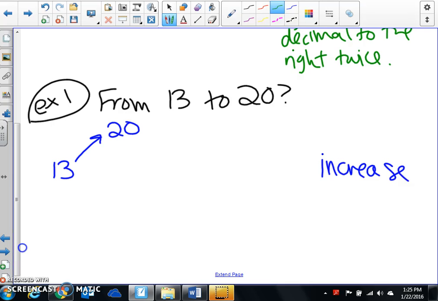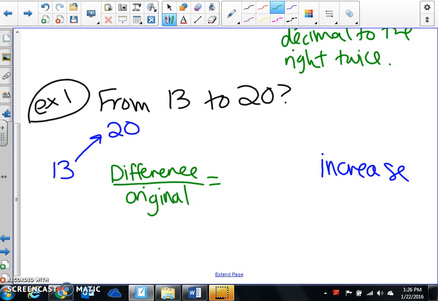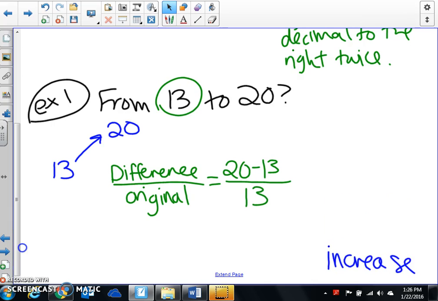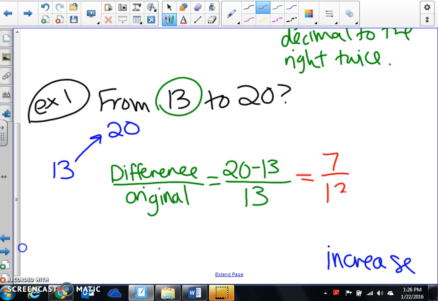All right, so I take the difference over the original. So the difference, it doesn't matter the order, you just do the larger number minus the smaller number. So 20 minus 13, and then the original number is 13, the one that you see first. All right, so 20 minus 13 is 7, and then 7 divided by 13 is